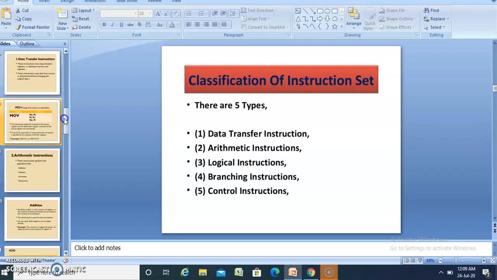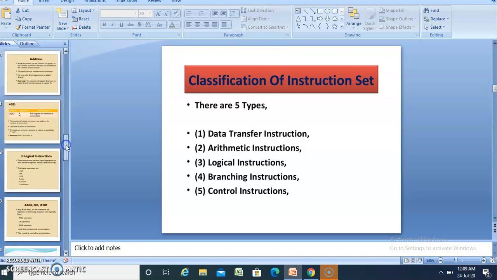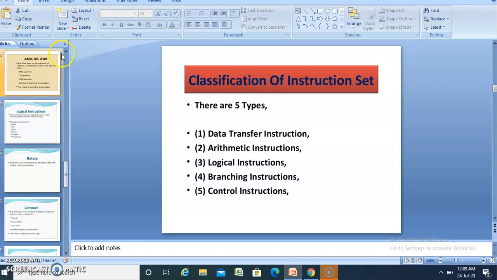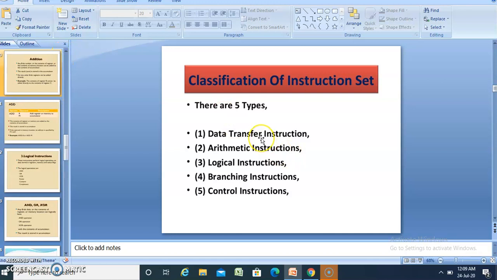What is data transfer? Data transfer has a lot of instructions, and arithmetic instructions also have a lot of instructions. In my next class I will explain each instruction type in detail. Okay, thank you guys.